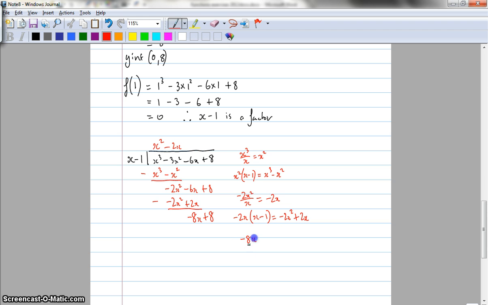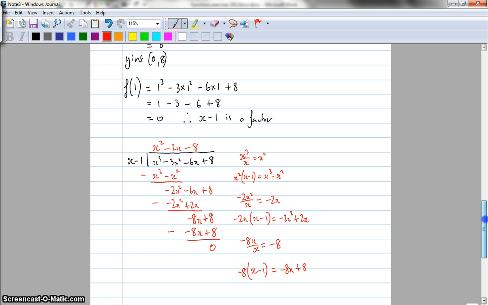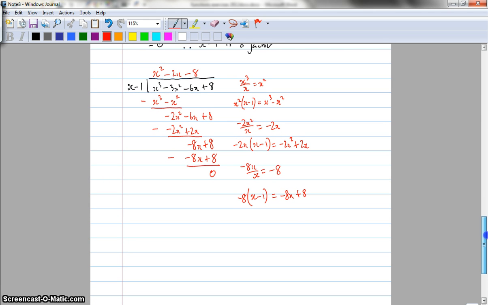Negative 8x divided by x is negative 8. So that goes up the top, negative 8. And then negative 8 multiplied by x minus 1 equals negative 8x plus 8. And here we go. I minus that and I get 0, which means I haven't made any mistakes and I've done the long division well. If I get a remainder of 0, remember what that means is that